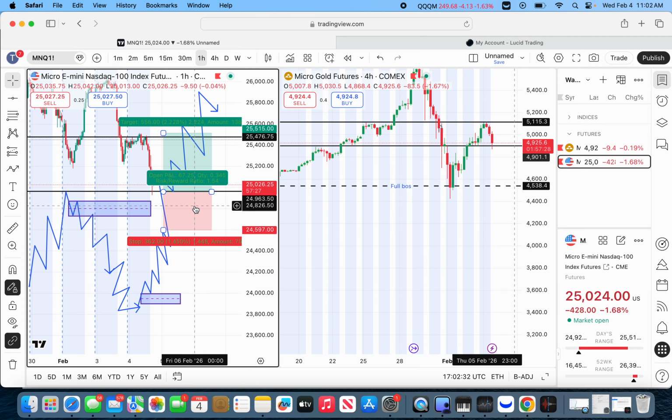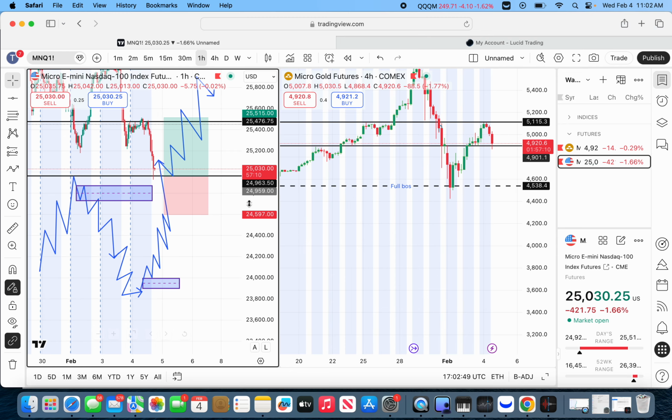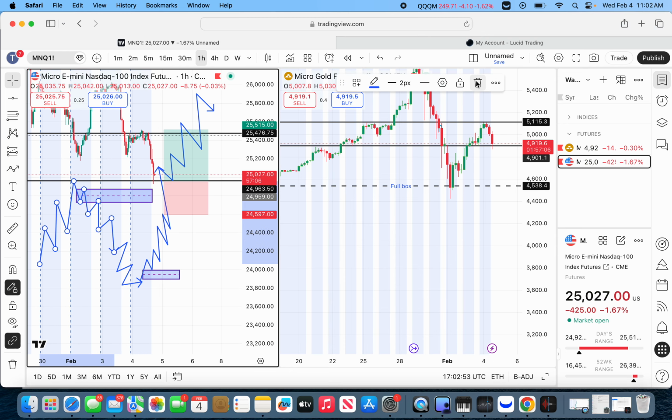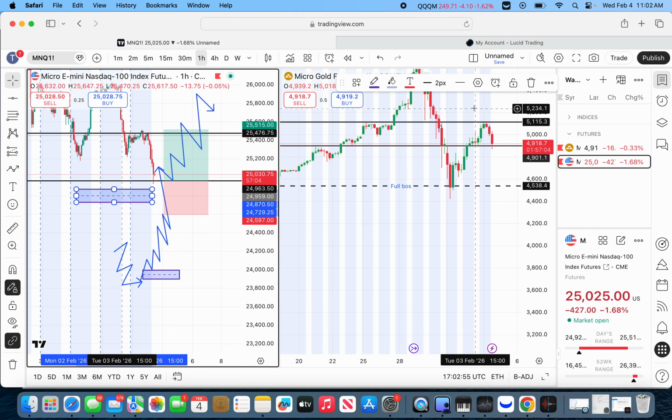So whenever price could get back above these levels, or even below, if price was to fully close below this point, right, it would show us that sellers are in full control now. You know what I'm saying? So that's all order blocks are. That's all order blocks are. They show you whenever